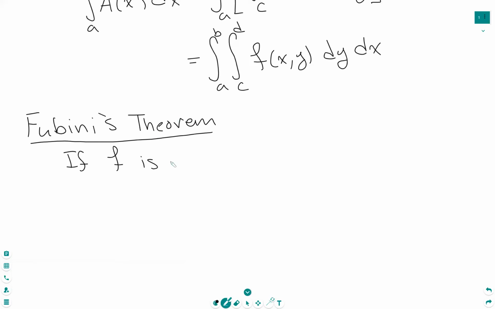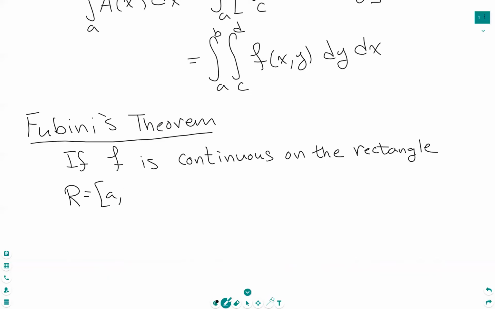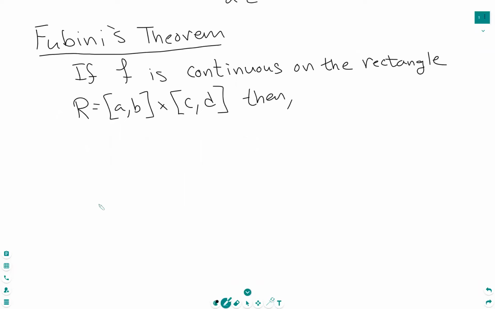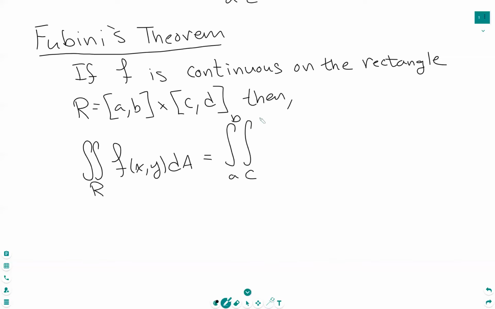If f is continuous on the rectangle that's defined from a to b in the x direction and c to d in the y direction, then the double integral over the rectangle of our function can be written as the integral from a to b, the integral from c to d of f of x, y, dy,